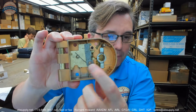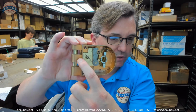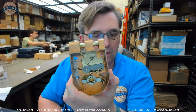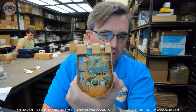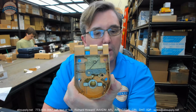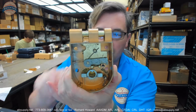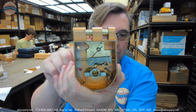So the problem is with the bolt itself, but all of this is considered the bolt as well. And what's really amazing about this is that this technology goes back centuries. But you basically have what is in effect a key that's going to operate on a lever,